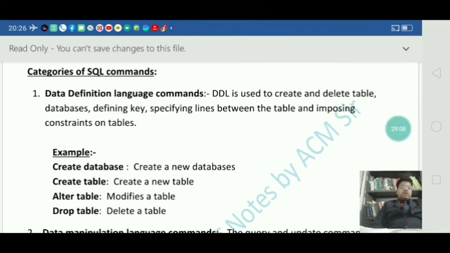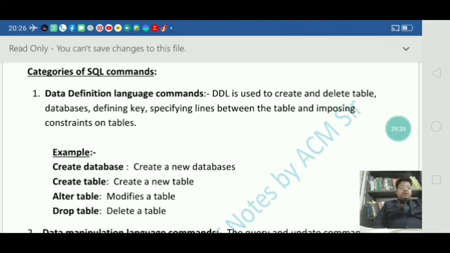Here also I have given you some examples that come under data definition language commands. Those are the create commands, that means create database and create table, and alter table commands. Alter table commands you use for modifying the table structure.